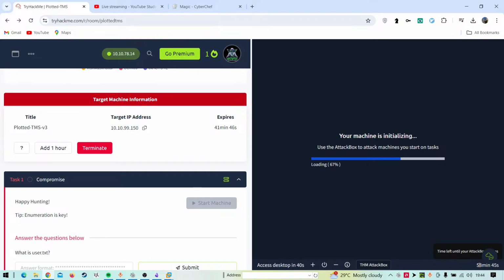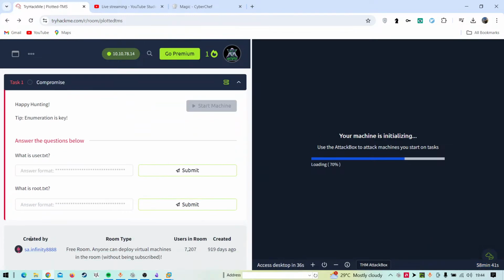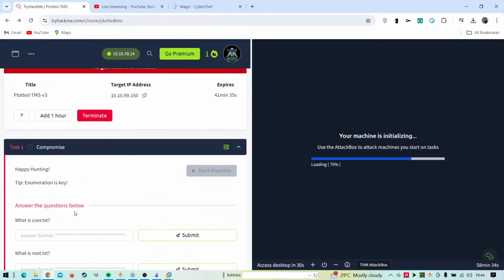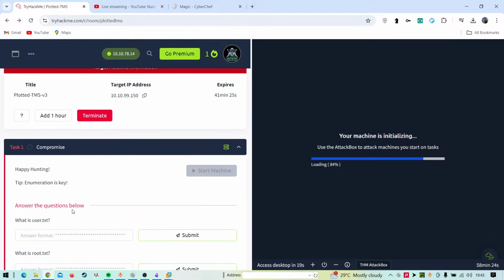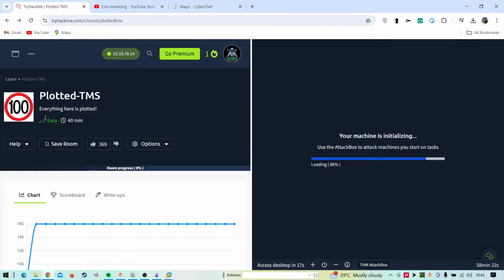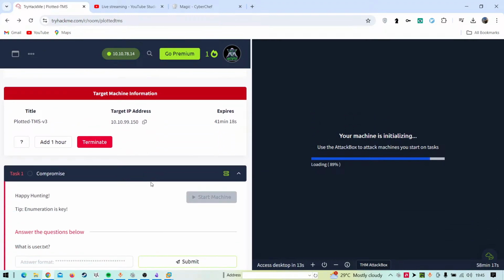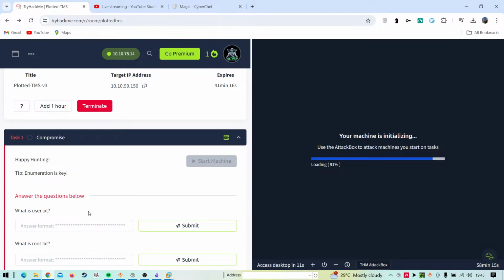We have approximately 1 hour to compromise the machine. After that, this will go down automatically, and there's no way I can put it up again, because I think the daily limit to use the free AttackBox is 1 hour, and since I'm using the free version, I don't have premium, so that will be an issue.